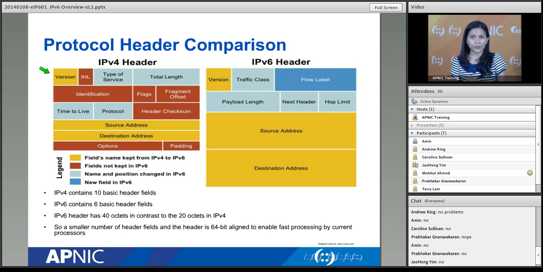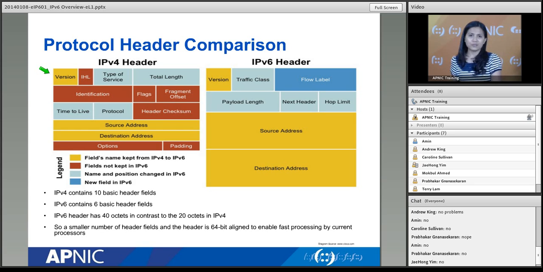Okay? So anyway, going back here, the ones in yellow, or a bit of orange for some of you perhaps, are some things that are kept from IPv4 to IPv6. So what are they? Version: in IPv4, you still have a version field in IPv6. In IPv4, of course, the content there will be 0100, which is 4.